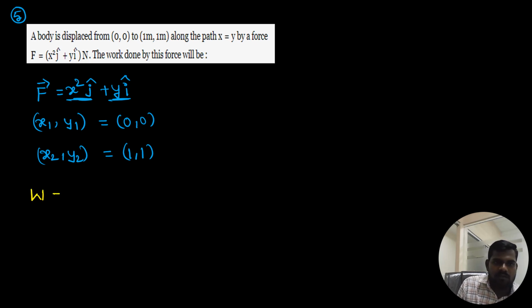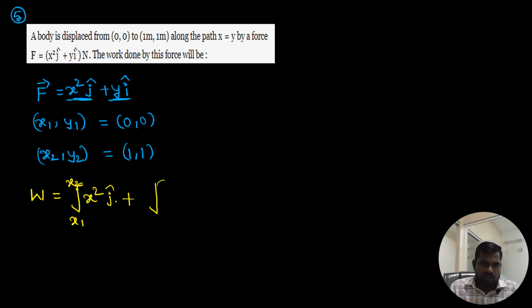W is equal to integration from x1 to x2 of x square j cap plus, sorry, x square